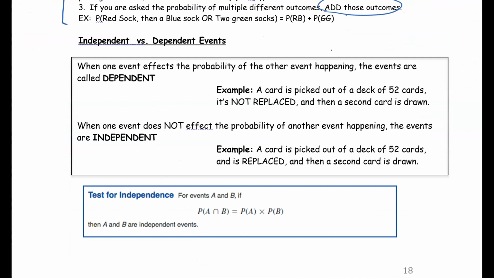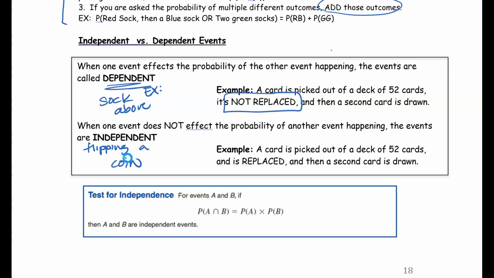So those I would say are independent events, the coin example, because the first flip of the coin doesn't affect the probability of the other. So when we say that an event affects the probability of the other one happening, then we call them dependent events. And anytime you have a scenario where something is not replaced, it's going to be a dependent event. So that's also like the sock example above. The fact that you pick it and you put it to the side and you don't put it back, you're changing the scenario. If one event, the probability of it happening does not affect the probability of another, then we say they're independent events. So like flipping a coin,